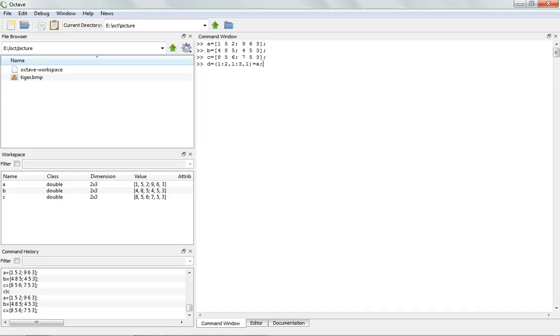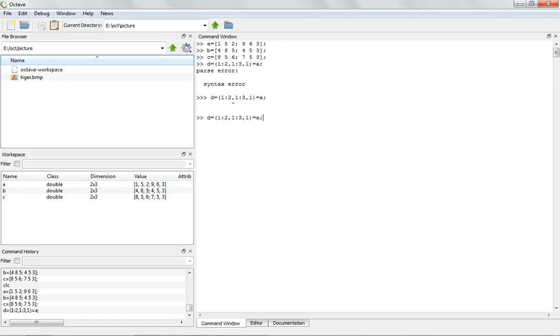So here now you can see in the workspace the value of D is not there. So when you enter it, sorry, I have to remove this equal to sign. I am declaring a D variable here. Now when I enter that variable, you can see the variable D which has 2 cross 3 matrices. So similarly I'll write for B and C planes. Now here I have written for B also.